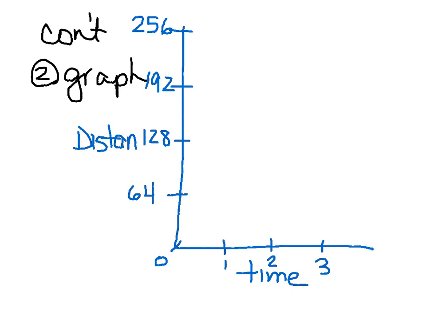So if we start at 0 and then we use our slope, 64 over 1 plus 64 over 1 plus 64 over 1. That gives us,